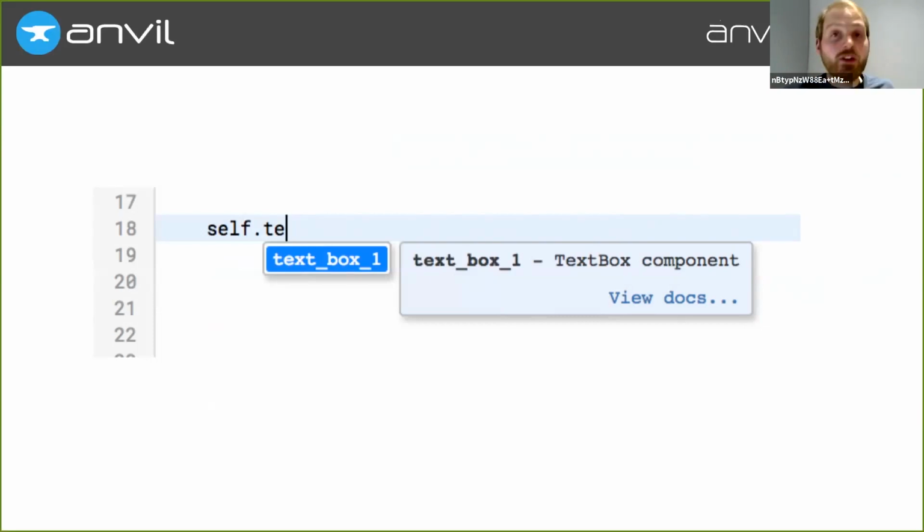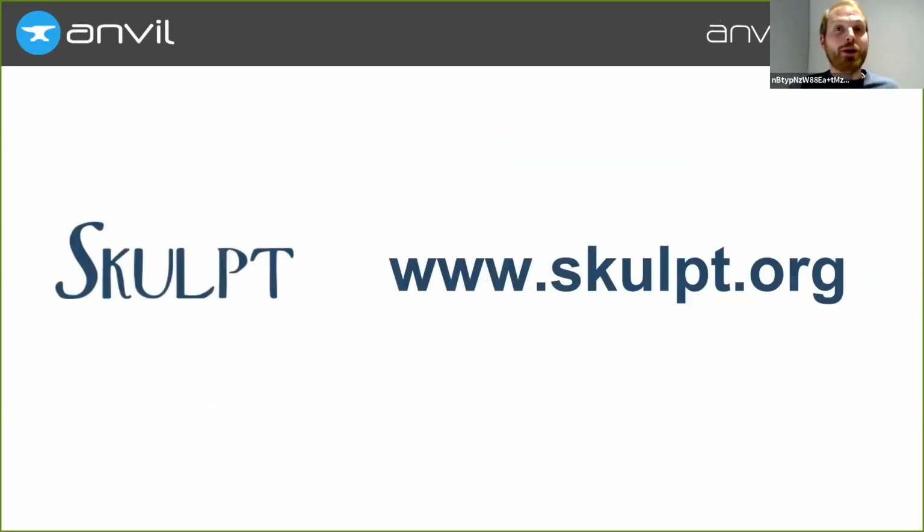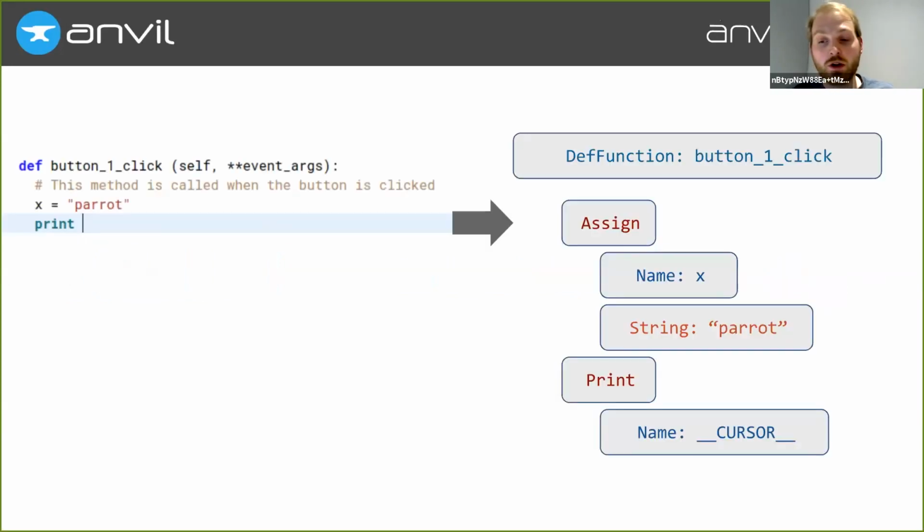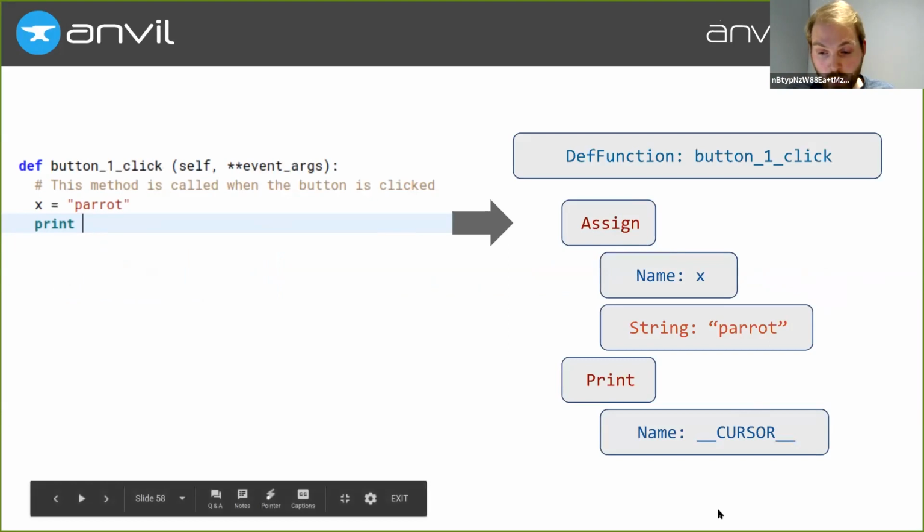Conveniently, for this particular project, we had a Python to JavaScript compiler knocking around. And as we've discussed previously, this contains the front end. So what we do when you hit the tab key is we take your module and use the Skulpt parser to turn that into an abstract syntax tree, once we've replaced the cursor with a randomly named symbol.